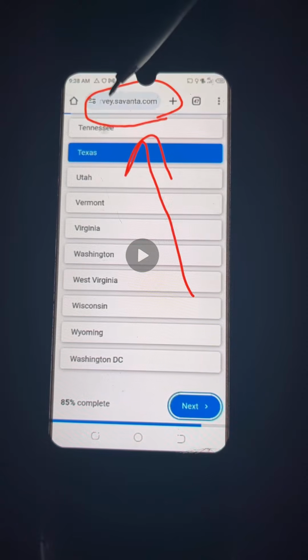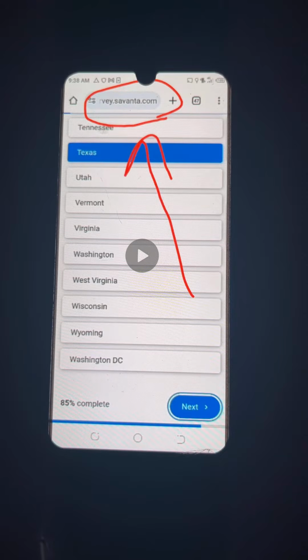I know a lot of people do not know this. So this ID has a lot of function. You understand? Forget about you are seeing the savanta.com attached to the .com. Your IDs are there. I'm going to be explaining everything, okay? And I'm going to be talking about the benefit of the ID and why the ID is very, very important, and things to do and things not to do, right? So just pay very good attention, please.